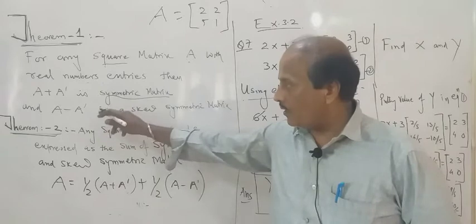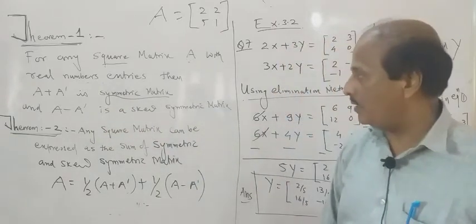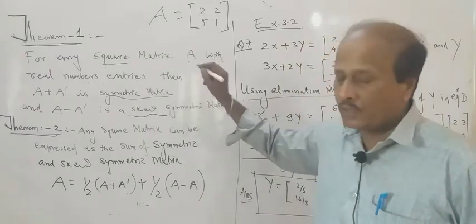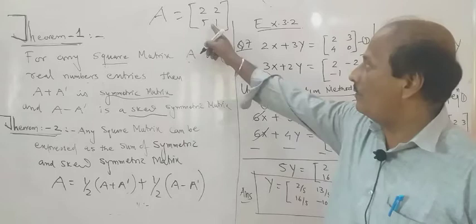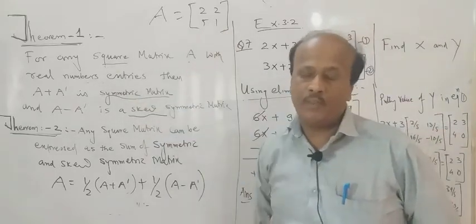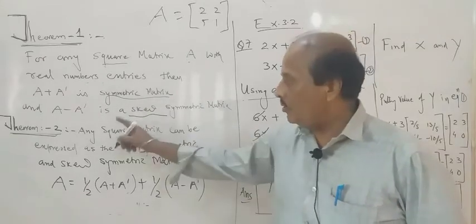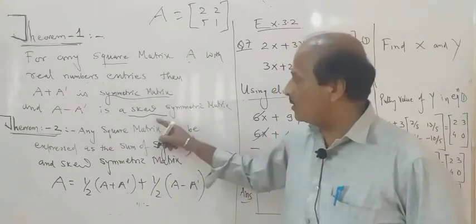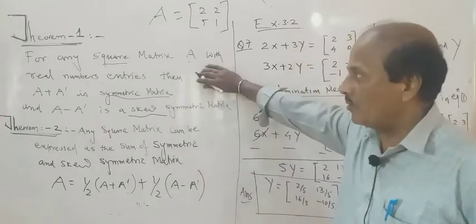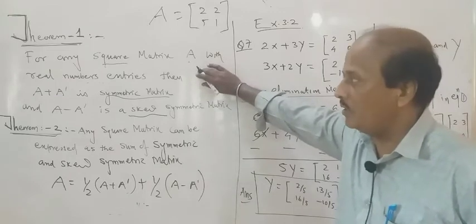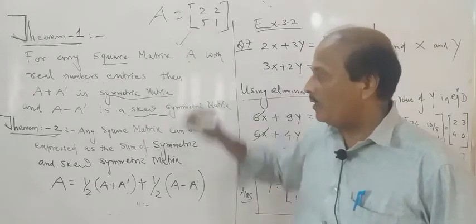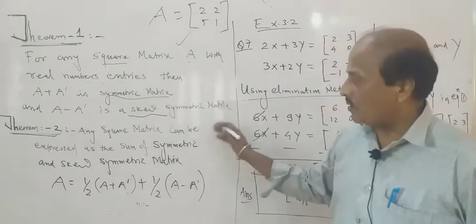And if you subtract A with its transpose matrix, the answer will automatically be a skew symmetric matrix. So it's a very important theorem, theorem 1. If you are given any matrix and you are asked to find the symmetric matrix, you add A with A dash. A dash means transpose. You subtract A with A dash. Whatever the answer comes, it will be a symmetric matrix or a skew symmetric matrix. One or two examples are also given in your book, and there are some questions in the exercise that we are going to see in a gradually coming session. So theorem number 1 is the most important theorem, and it's like a regular question.